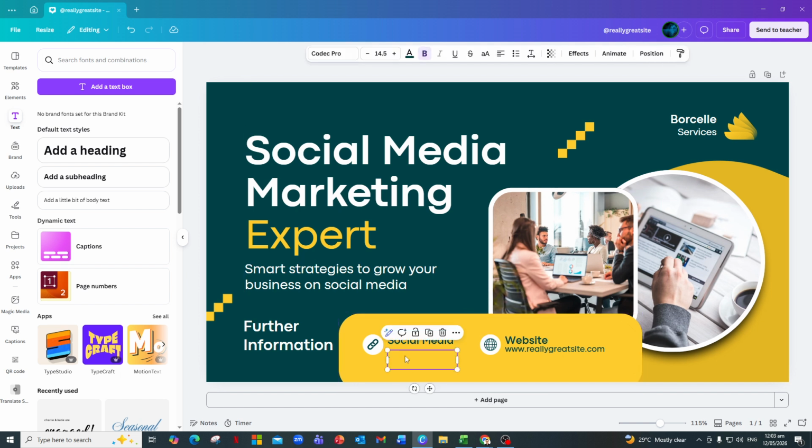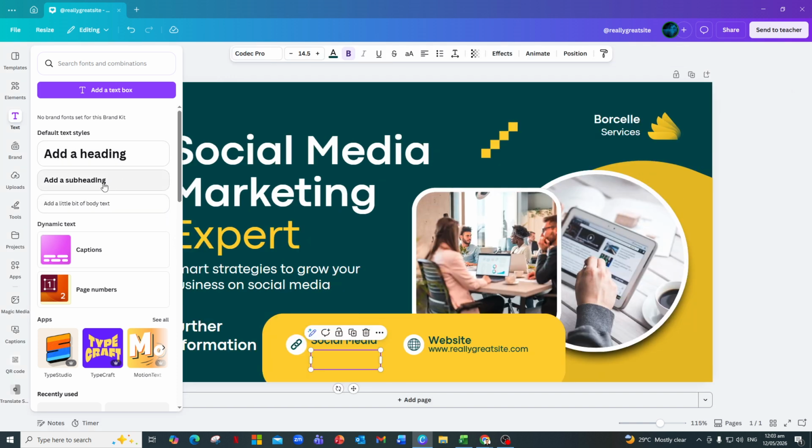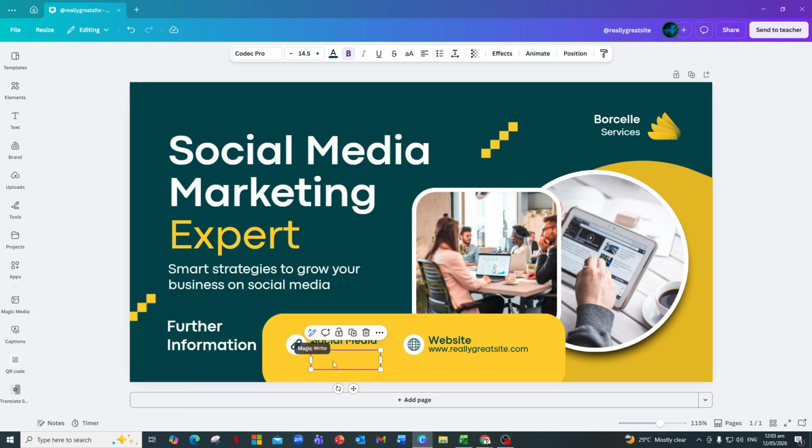With your invitation open on the canvas, look for the area where you want the location to appear. This is usually near the event details, like the date and time. If there isn't already a text box for the venue, go to the text tools and add a new text box. Type something like location or venue, followed by a short label such as tap here for directions, or simply